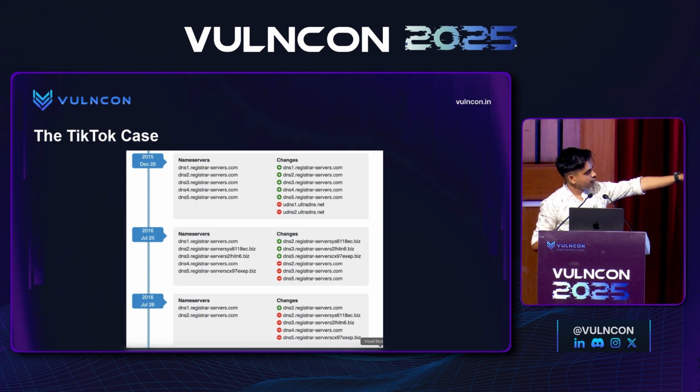And those name servers, if you look at the pattern, were registrar server followed by a random string, then a .biz TLD, right? Now, registrarservers.com is a domain owned by Namecheap. So if you buy a domain at Namecheap, the default name servers that they will assign you follow this particular pattern. But on that day, these name servers were removed and 3 new name servers were added with a very weird pattern and a .biz TLD, and those name servers were available for purchase. So anyone could have registered these name servers and hijacked TechTalk.com.